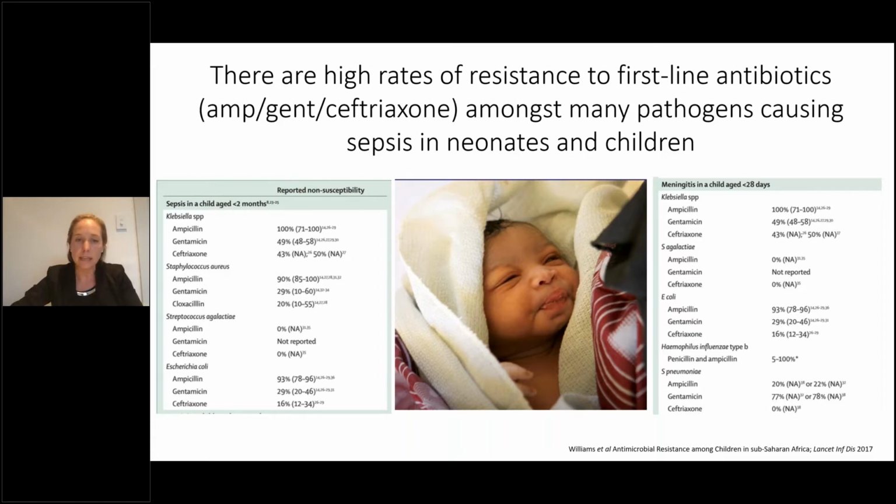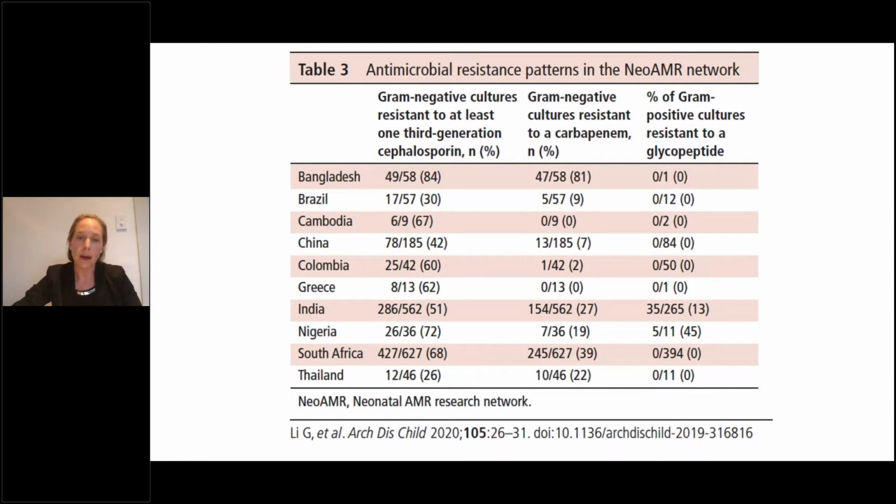So you can see there that looking at, by this systematic review, looking at Klebsiella species and E. coli, for example, there was very high rates of not just ampicillin resistance as would be expected for those organisms, but also high rates of resistance to aminoglycosides and ceftriaxone, with half of Klebsiella species being resistant to third-generation cephalosporins and 16% of E. coli species being resistant to ceftriaxone. So in many of these health settings where that's the highest level of antimicrobial available, that really has a significant impact on the survival of these infants being infected with these organisms.